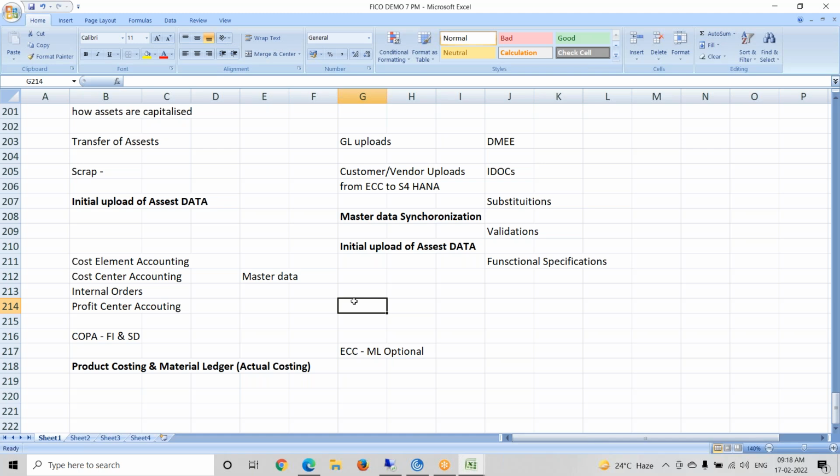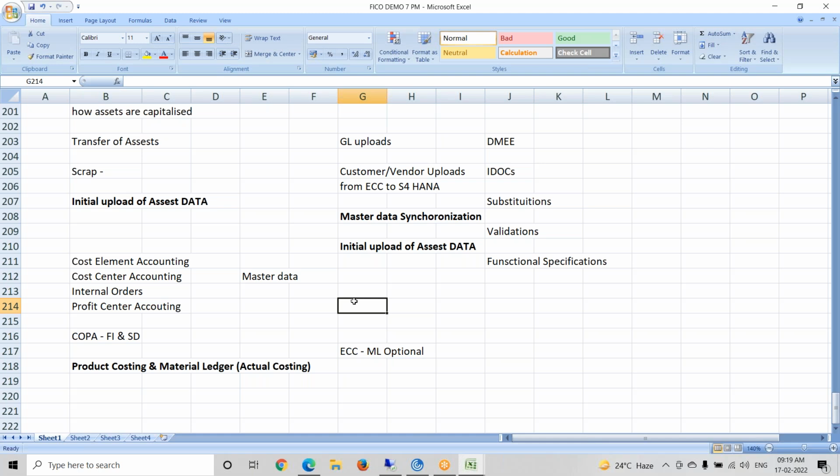If you are not aware of how to create a service entry sheet, then you can take another person's help. There are some scenarios again where, with reference to a production order, a sales order will be created. If you don't know how to create a production order, then how can you test? You have done all the FI related settings, as per your requirement, but you have to test with reference to the production cycle.